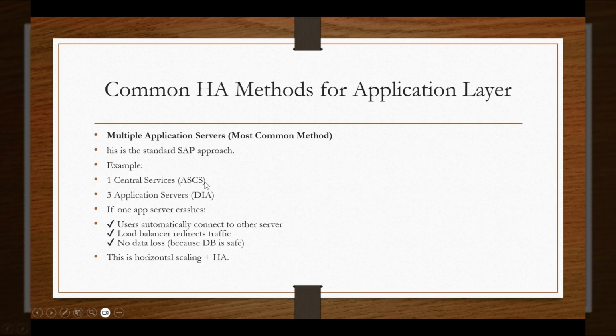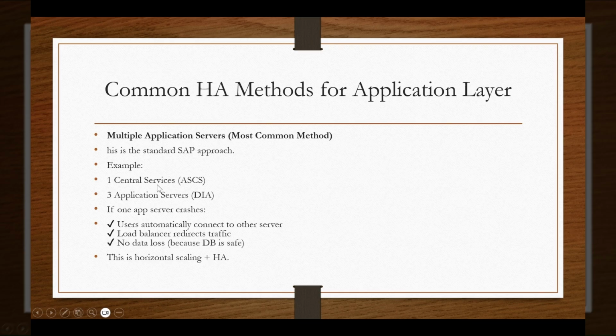Okay, this is something that takes care of the load balancing. This service has the message server, and this service takes care of lock and unlock. For example, if some user is working on any table and at the same time some other user also tries to access the same table or make changes in the same table, that will create data inconsistency. So to avoid these things, there is a lock and unlock mechanism that is used. This is just an example. There are many other use cases. So that is also taken care of with the ASCS.